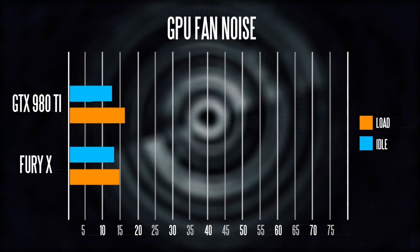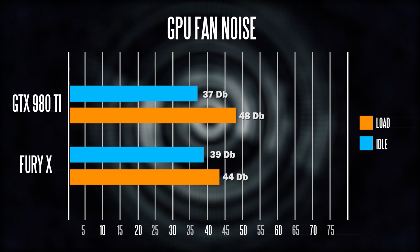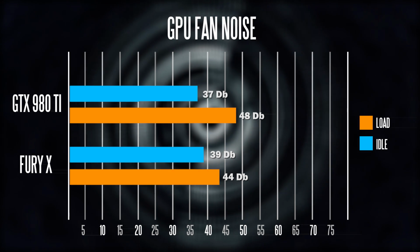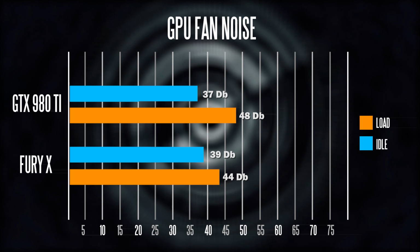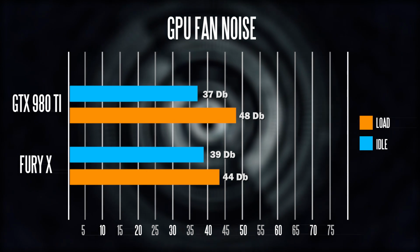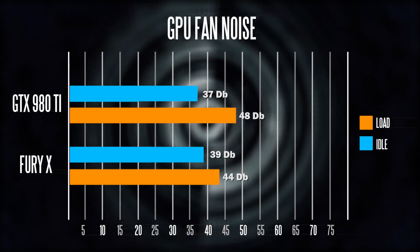And another big advantage is going to be the noise. Now at idle, there's not much of a difference between these two in terms of acoustics. Basically, the fan noise is about 39 decibels on the Fury X and about 37 decibels on the GTX 980 Ti, which is pretty much the idling noise of the whole computer itself, because the GTX 980 Ti, when not in use, can actually turn off the fan, so it's virtually